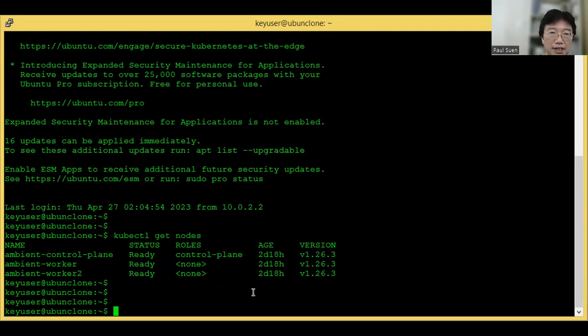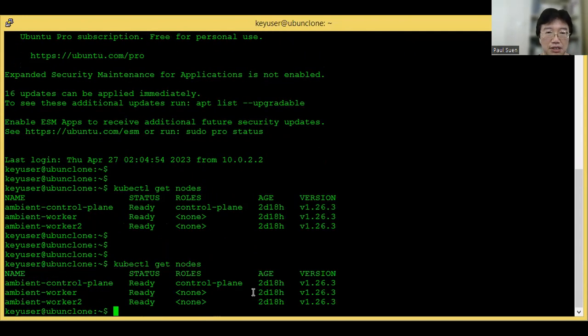So here is the Kubernetes cluster that we will work on. First, we run the kubectl command to survey the nodes. We have the control plane node and 2 worker nodes.